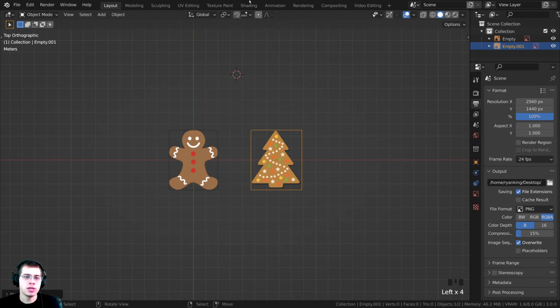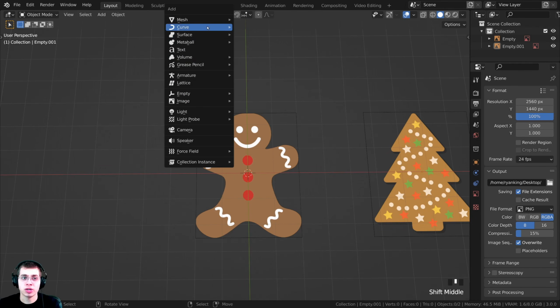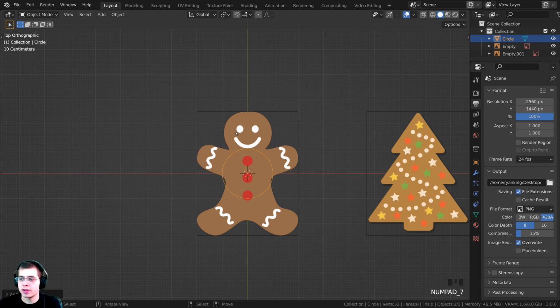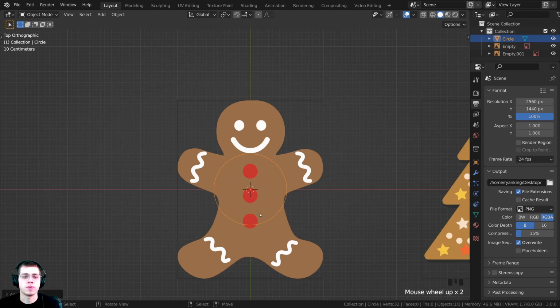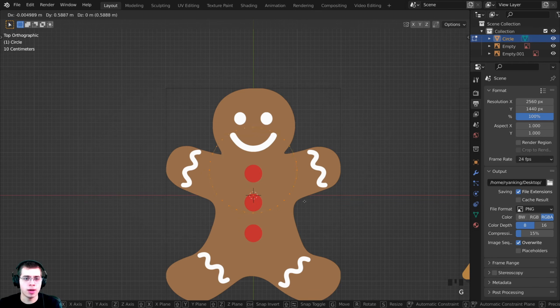So I'll press Shift C, and then I'm going to press Shift A, and because we're modeling the gingerbread man first, I'm going to go to Mesh, and I'm going to add a circle. And then I'll press 7 on the numpad just to make sure I'm on top view. So I can now press Tab to go into edit mode, and I'll press G to grab, kind of bring